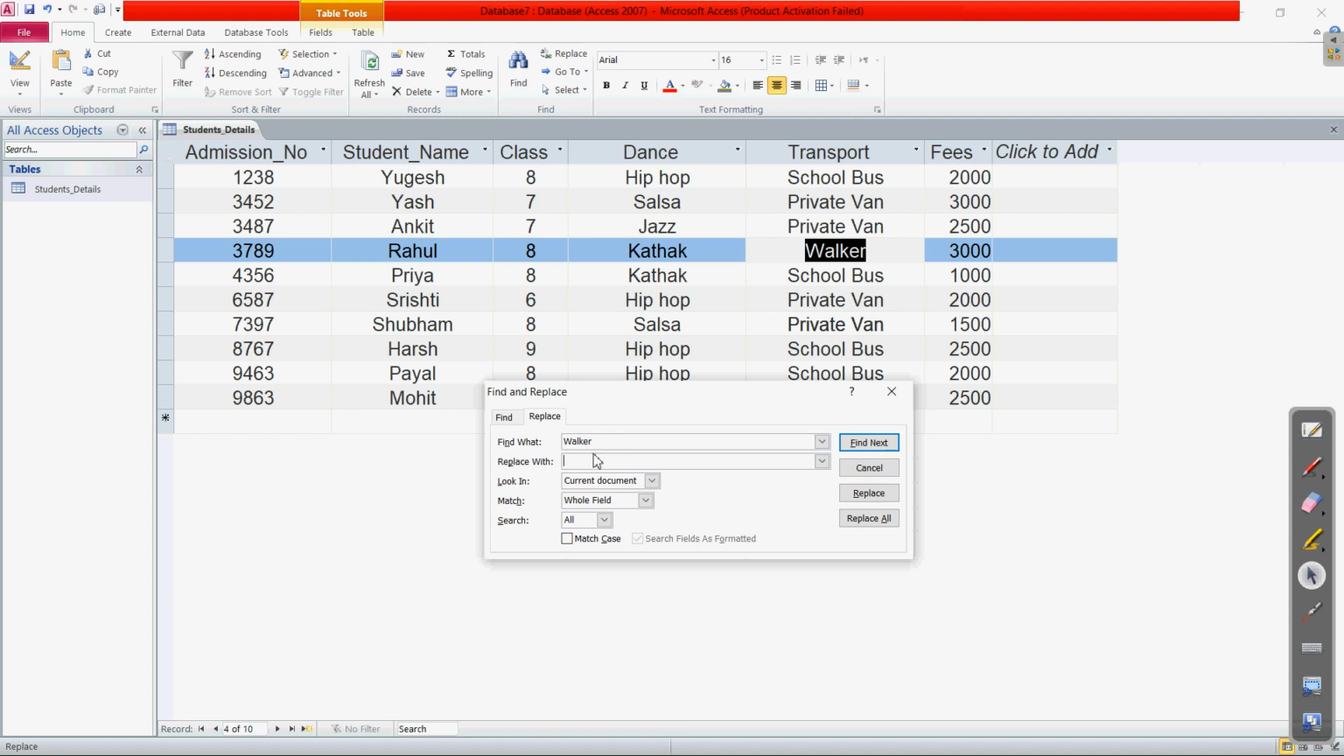Okay, so instead of that you can choose any other. Suppose instead of walker I am writing school bus. So let us write, okay, so we have written. And if there is only a single occurrence, you can click on this replace. Or if you want to change all the occurrences of the walker with the school bus, you can click